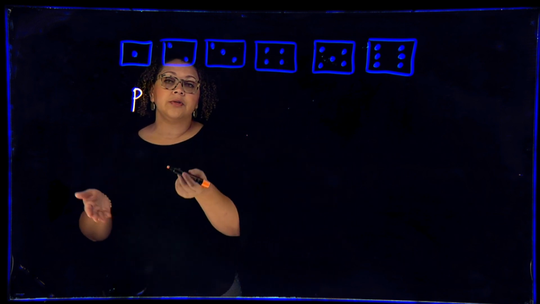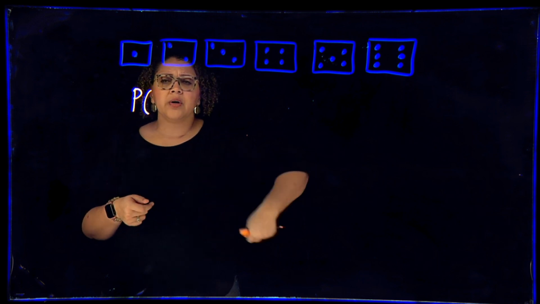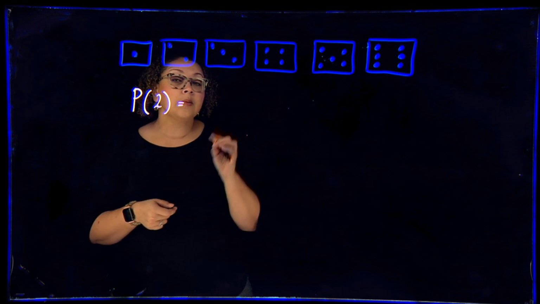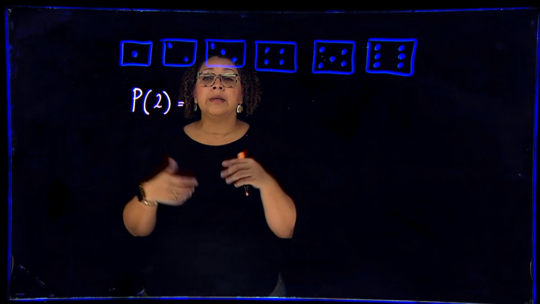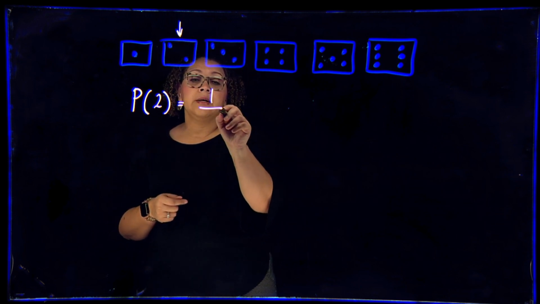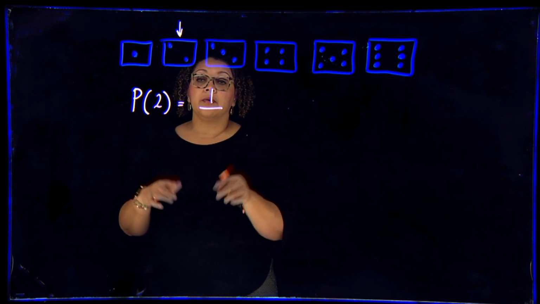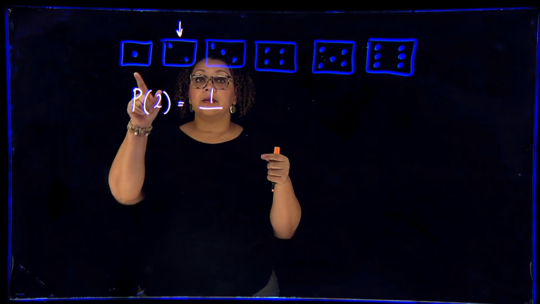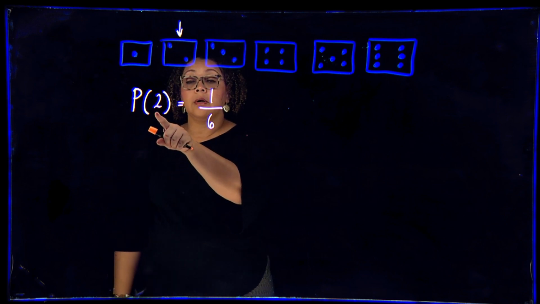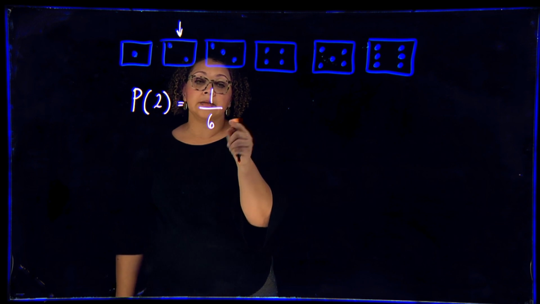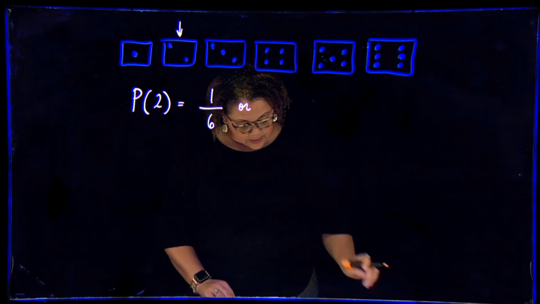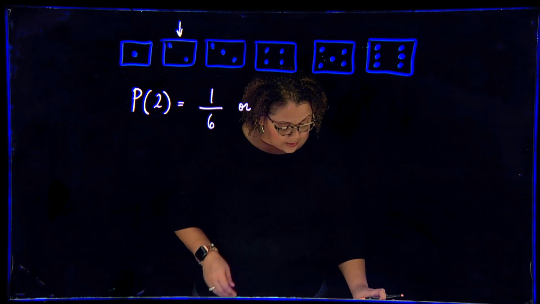So if I asked you to find the probability that we're going to roll this die and it's going to land on a 2, well, there's only one side that has a 2, which is this die here. So that could only occur once, and the number in the denominator is that total possibilities. And since there are 6 sides to the die, the probability of landing on a 2 would be 1 out of 6, or we would write this as a decimal, and 1/6 is